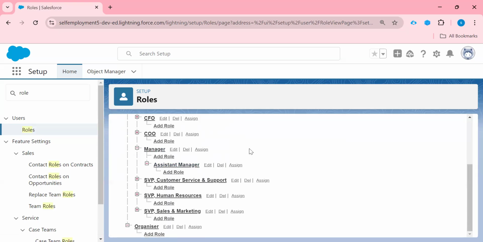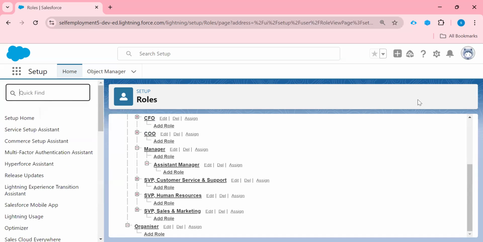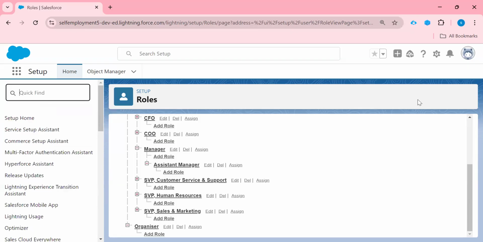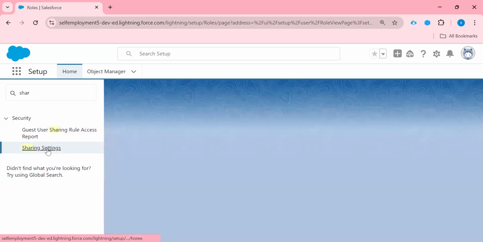Now come to our user first. Let us check our OWD setting, the sharing setting. Click on sharing setting here.